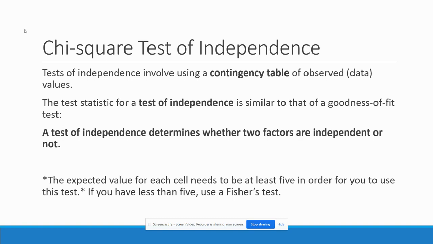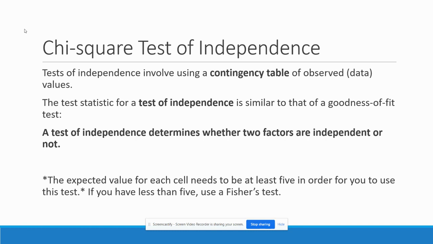So a test of independence involves using a contingency table of observed data. A lot of the ones you might have seen previously are contingency tables with whether people have a disease and whether they truly have the disease, like false negatives, false positives, those kinds of things. So what we're doing here is testing if two factors are independent or not. Remember, factors are the same thing as variables. It's very similar to a goodness of fit test, but again, I'm looking to see if these two factors